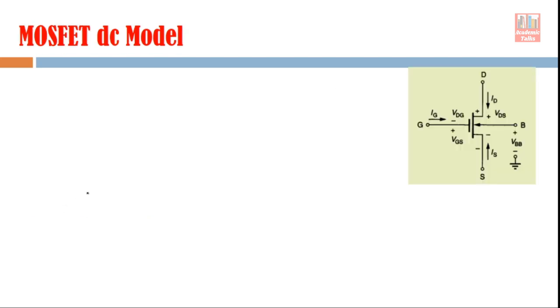As far as MOSFET DC models are concerned, in the last lecture we discussed the equations which are used in the MOSFET DC models. So now briefly we will look at those equations again. You can see this is the symbol of the MOSFET. It's a 4-terminal device, but the source terminal is normally the ground terminal, or you can say it is a common terminal. That leaves 3 terminals, but the bulk terminal in most situations is connected to the source terminal, which is ground.